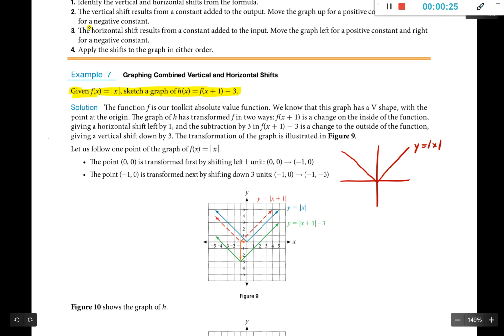So this we have to know by heart or understand how it's obtained. 0, 0 is a pretty important point for that graph because it's a vertex. So when you think about your toolkit functions, think about their x, y intercepts, things like this. If there's a vertex, those are all important points that you'll want to follow when you transform that function. So if we want to transform this function,